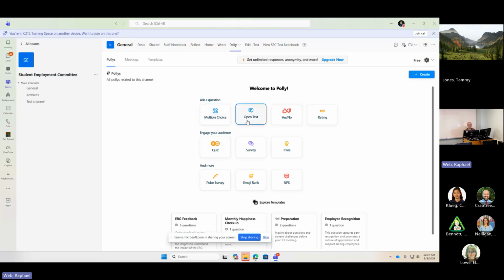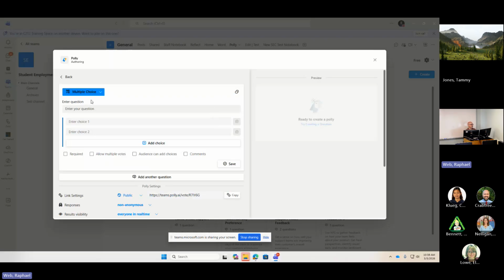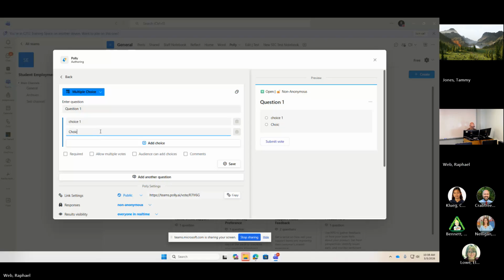Poly will give you these options: multiple choice, open text, yes, no, all this stuff that is not unfamiliar to you, especially if you've used forms, because it's similar in that manner to forms. And so I can go ahead and create a couple of questions, right? And so I'm going to create multiple choice. I'm just going to call this question 1, right? And choice 1, if I could spell, choice 1, choice 2,